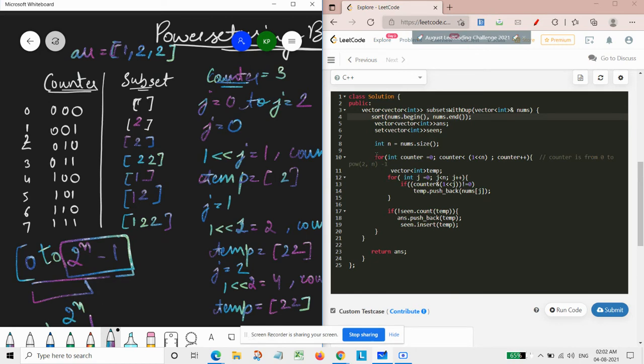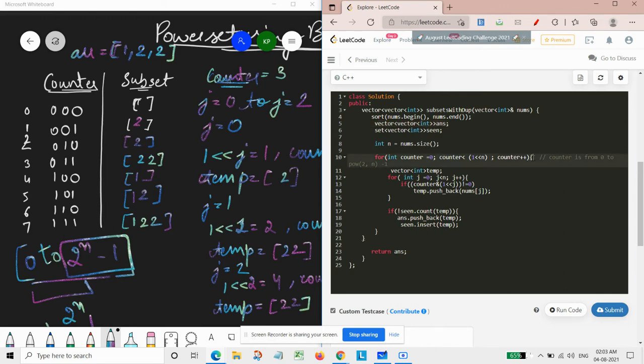like here. First, what we are doing is we are simply taking a loop which will be filling our power set, means the vector of vector int, which is the return type of this function. So we need to take a vector of vector int, basically a 2D vector here, and we need to fill it.